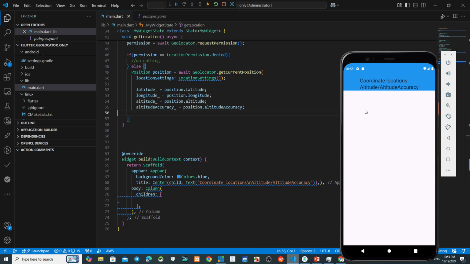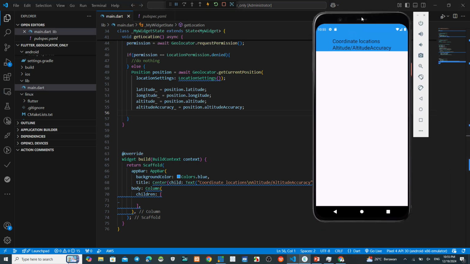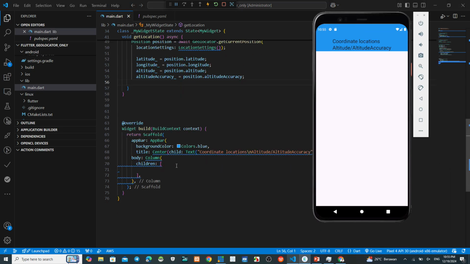So this parameter we will make present on my virtual device. Okay, this one we have a column and we have children. Now we make this one widget Text.